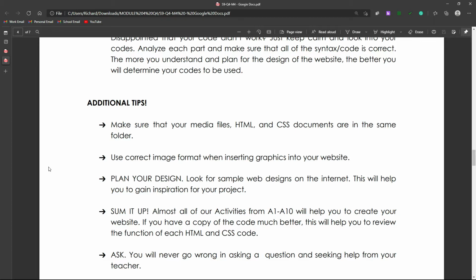Then plan your design. There's no wrong in searching the internet to look and find inspiration of what kind of design you're going to do. Then next is sum it up. So in sum it up, kung natandaan ninyo, we have activity number 1 to activity number 10, or A1 to A10. If you were able to keep